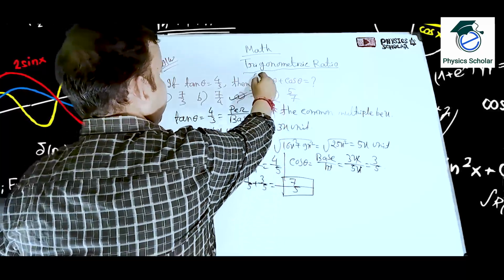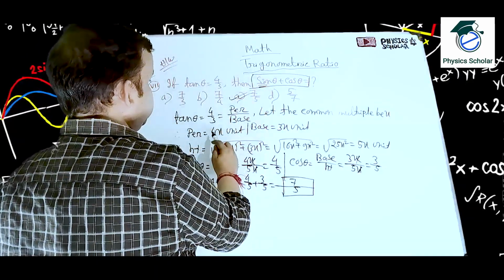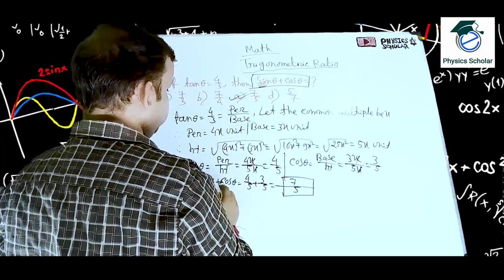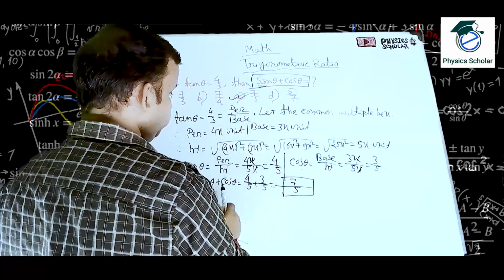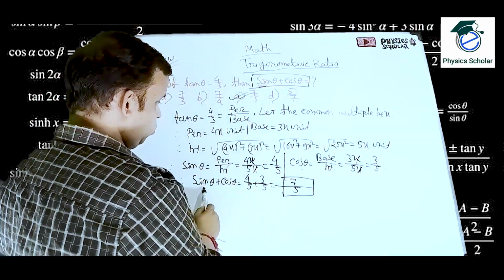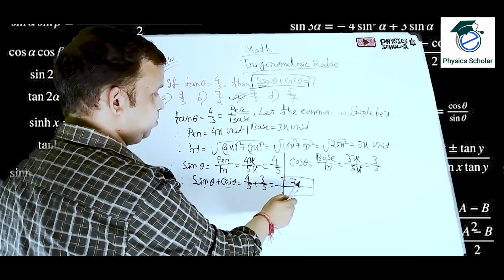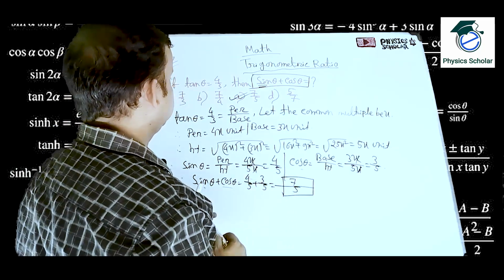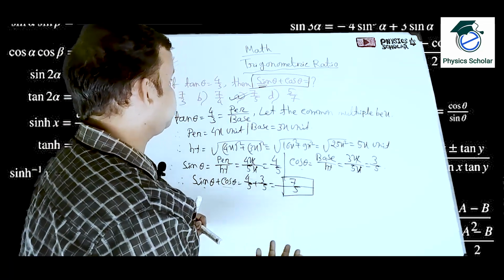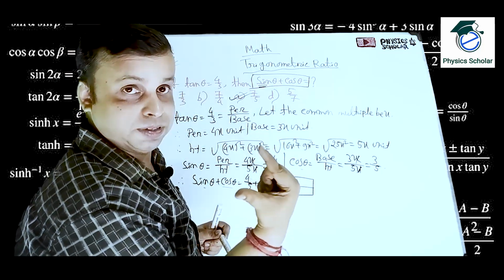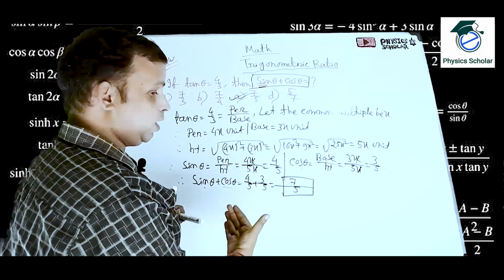So here we have to add sin theta plus cos theta. So we are getting the value of sin theta and then we are also finding the value of cos theta by the traditional approach. Clear? So now we are adding this. We are putting the value of sin theta 4/5 and value of cos theta 3/5, and 5 will be LCM. 4 plus 3 means 7. So 7/5 will be your answer. So very easy sum also. Clear? So this type of sums often comes in the board exam as your short answer type. Clear? Short type of question, this type of sums may come. So now let us move quickly to the next one.